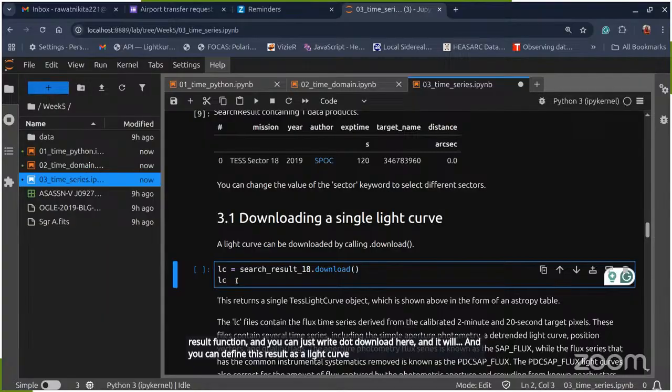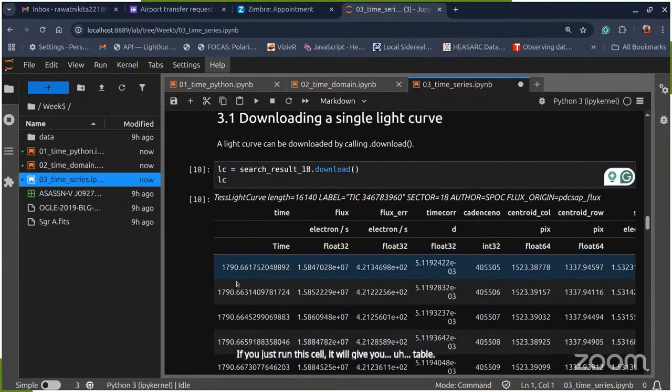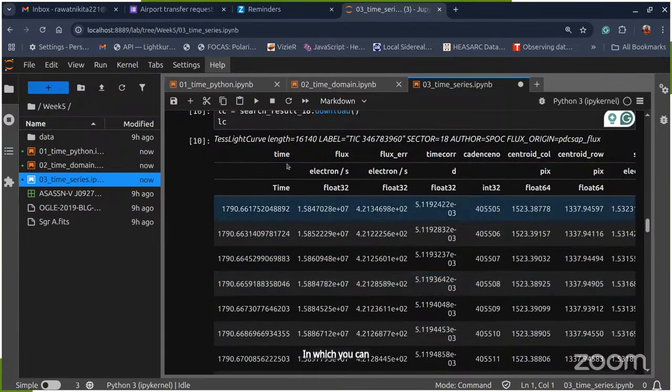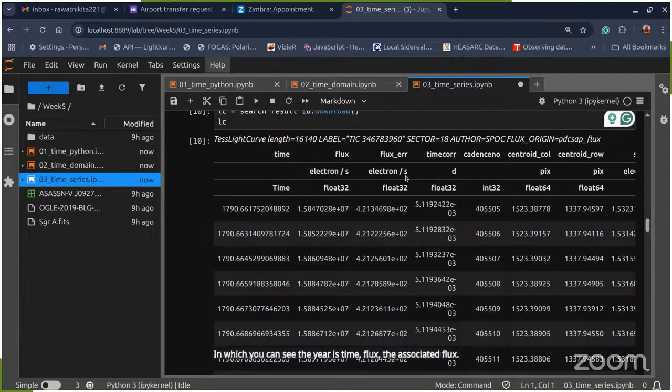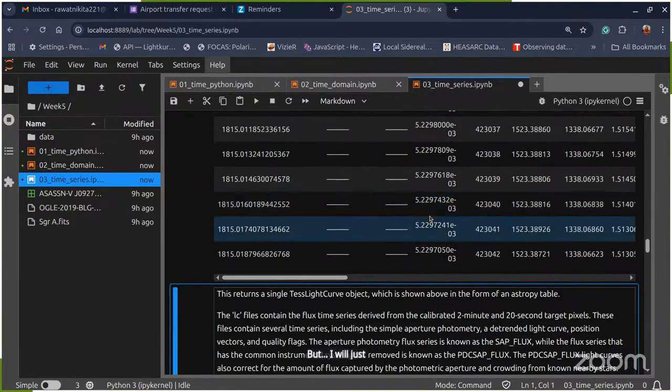If you run this cell, it will give you a table in which you can see time, flux, the associated flux, and there's another thing, time correction, and we are not interested in this part, but I will just let you know that